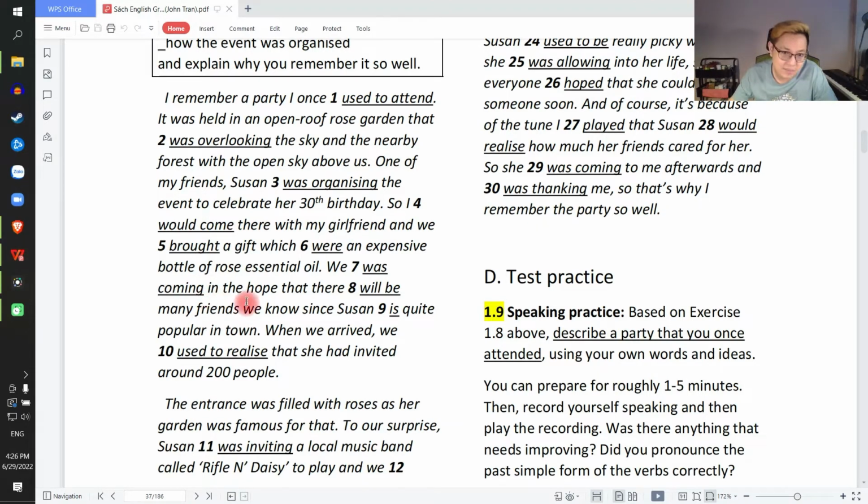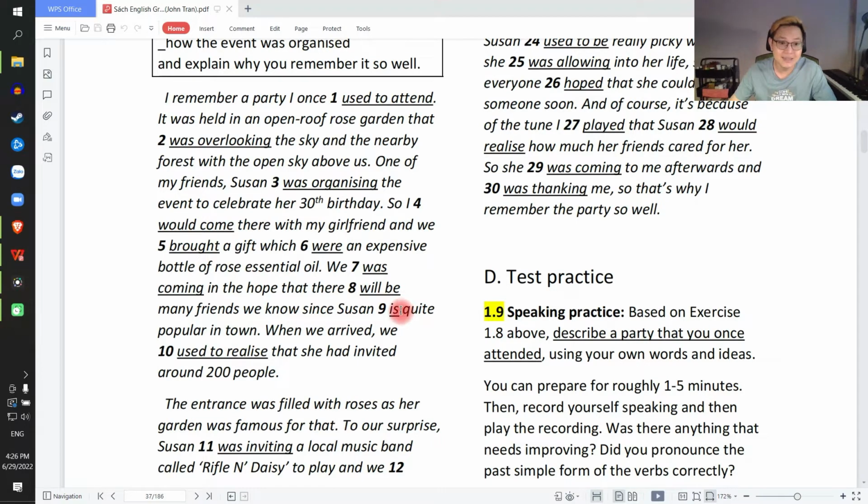We came in the hope that there would be many friends. Of course, will in the past is would. Will trong quá khứ nó biến thành would. There would be many friends. We know since Susan